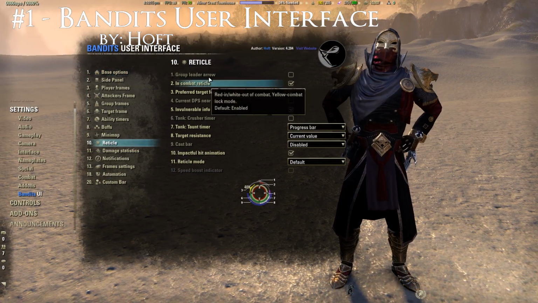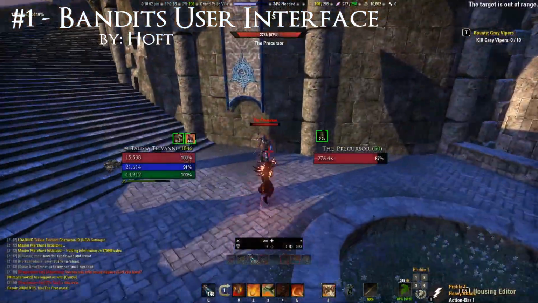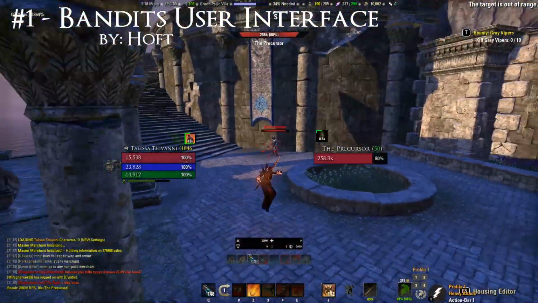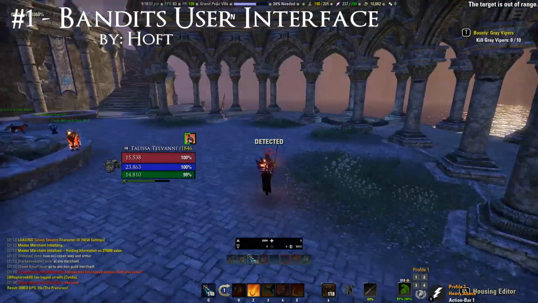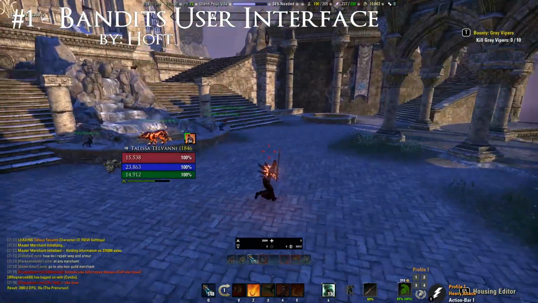For instance, you also get a new reticle with this add-on that changes color based on your current combat status. So white reticle means you're out of combat, yellow that you're kinda in combat, and red that you're definitely in combat. This can be very useful as it lets you know when you can go into sneak or mount up,